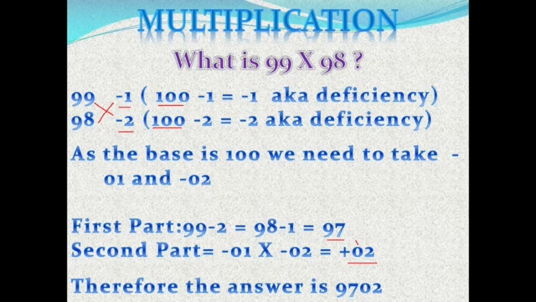I am adding a 0 here. Why? Because this is of base 100. The base values are generally powers of 10, like 10 power 0, 10 power 1, 10 square, 10 cube, and so on. Here I am taking the base value as 100, so I should have 2 digits here, and as I got only one digit 2, I am adding a 0. Now concatenate these two, or place them side by side, such that the answer is 9702.